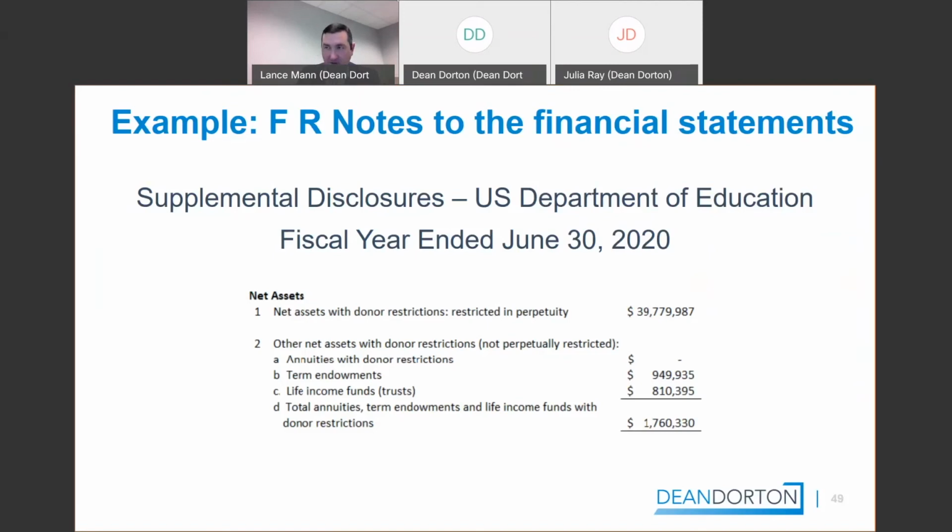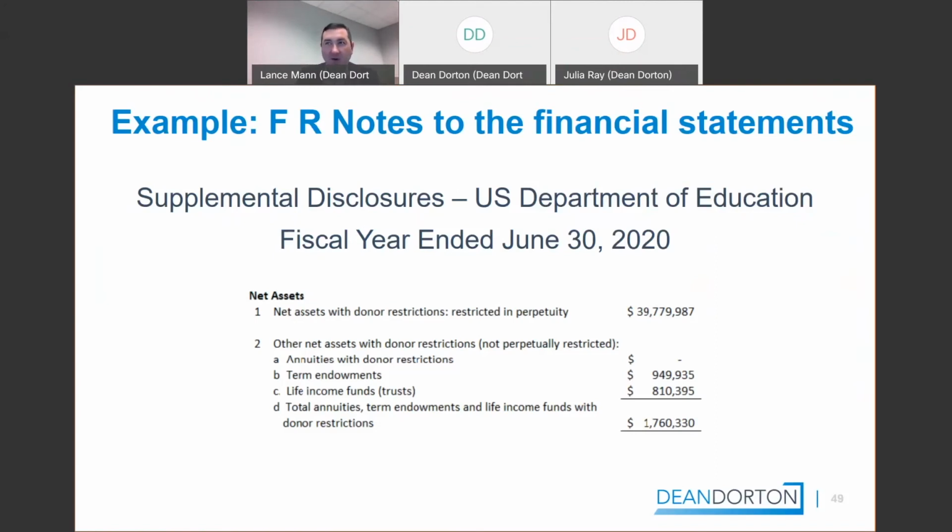As we worked through it and talked to NACUBO and others in the area, we determined that it made more sense to simply create a financial responsibility footnote, which is the option I think most of our clients are going to do.